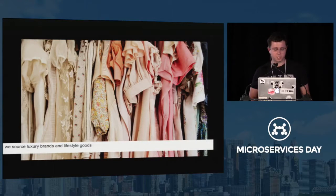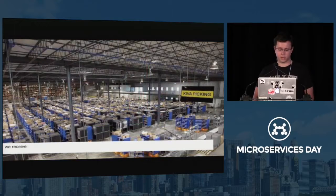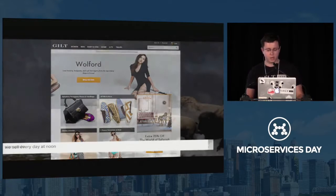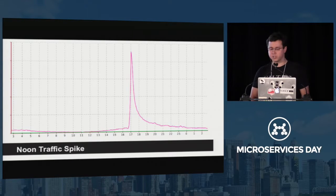For those of you that don't know, Gilt Groupe is an e-commerce site that sells luxury brands online. We actually shoot products in our own studios, and we receive inventory in our own warehouses. And most of our sales start around noon, which leads to an interesting traffic pattern for us, where we have this giant noon traffic spike as all our customers rush to the site to buy stuff, and then it tapers off throughout the